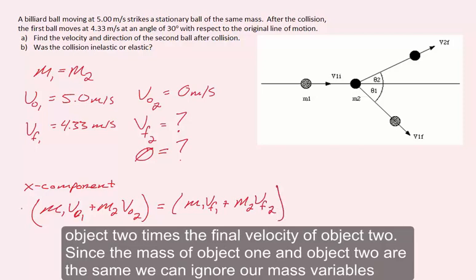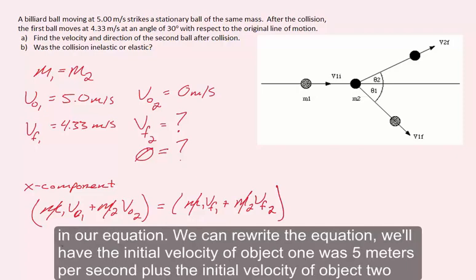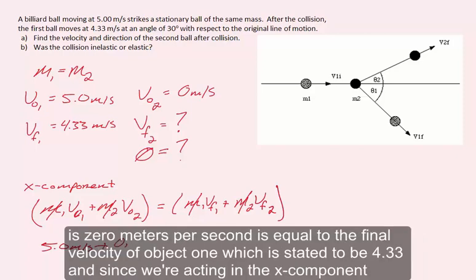Since the masses of object 1 and object 2 are the same, we can ignore our mass variables in our equation. We can rewrite the equation. We'll have the initial velocity of object 1, which was 5 meters per second, plus the initial velocity of object 2, which is 0 meters per second, is equal to the final velocity of object 1, which is stated to be 4.33,